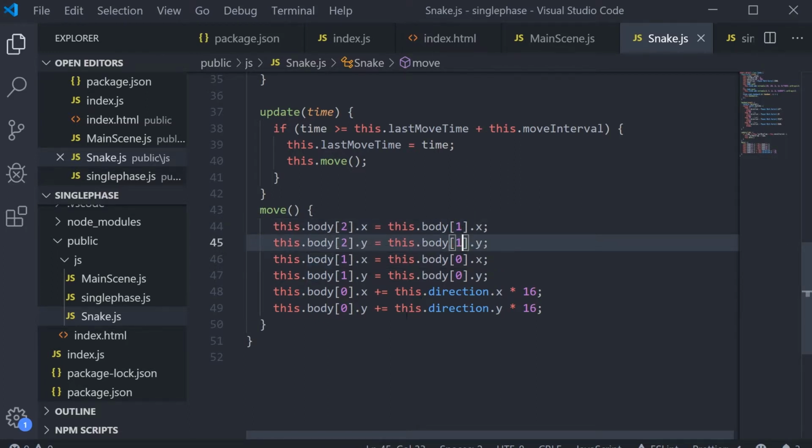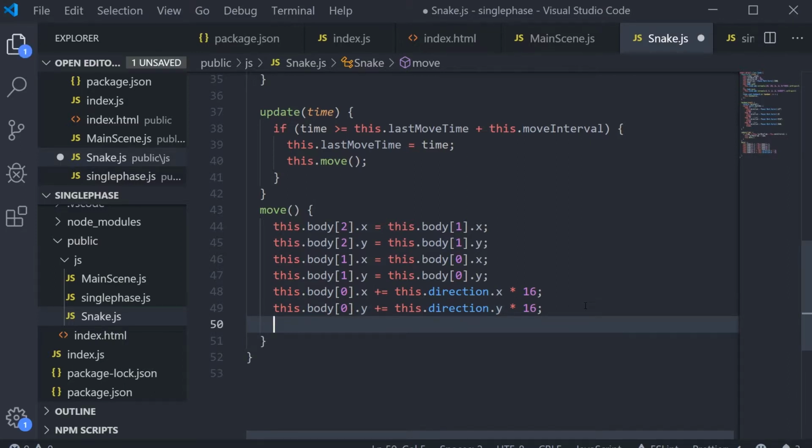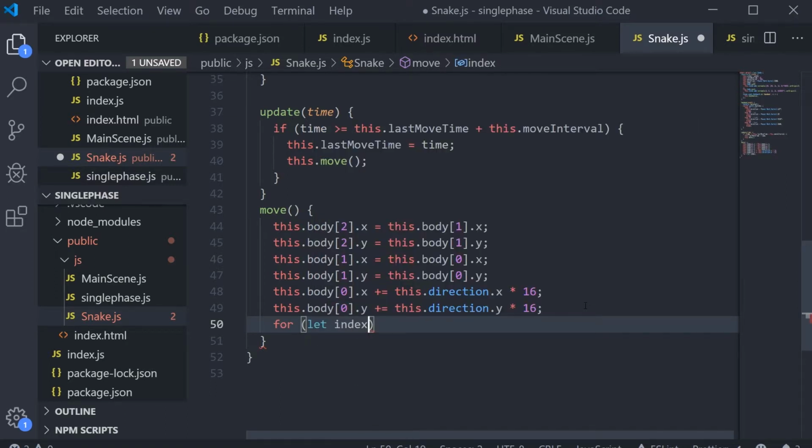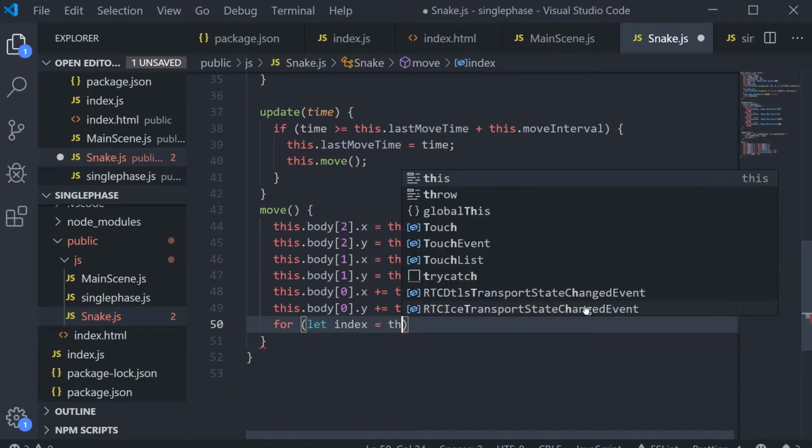And so we just want to keep doing this. We want really a for loop that encapsulates this idea, and can do it no matter how many segments of our body we've got. So let's try and reproduce this in a for loop now. If we do for, and let's call this index. So where do we want to start? Well, we want to start